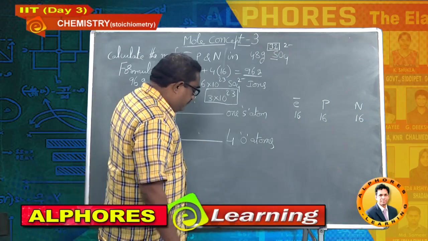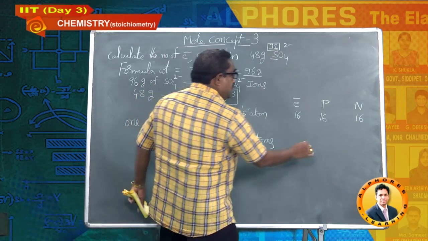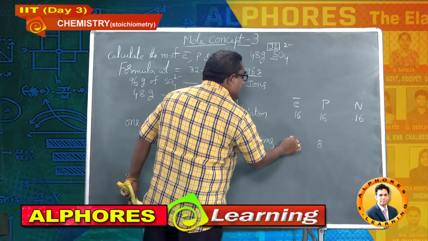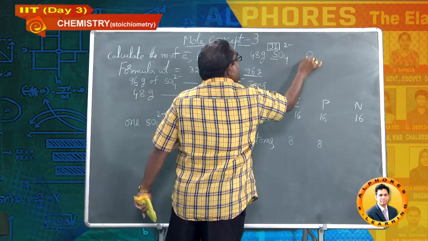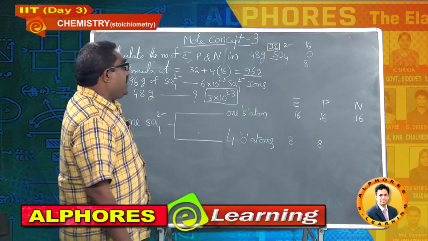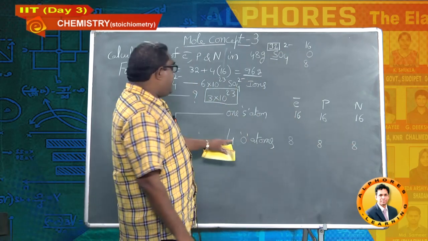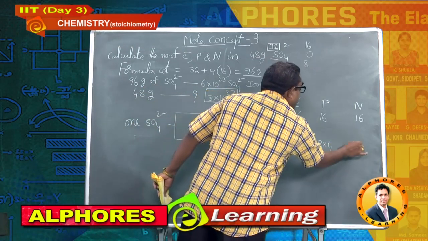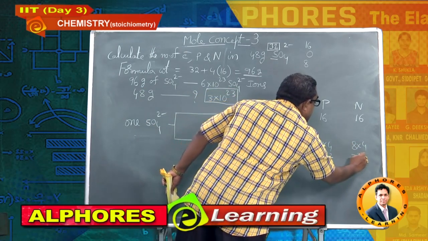Next, coming to oxygen atom. Atomic number of oxygen is 8. So 8 protons, and similarly the same electrons, 8 electrons. Oxygen, if nothing is mentioned, you have to take it as O816, the normal isotope of oxygen. So 16 minus 8, again the number of neutrons is 8. But how many such atoms are there? 4. So you should multiply this with 4, 4 and 4, and this is 32, this is 32, this is also 32.